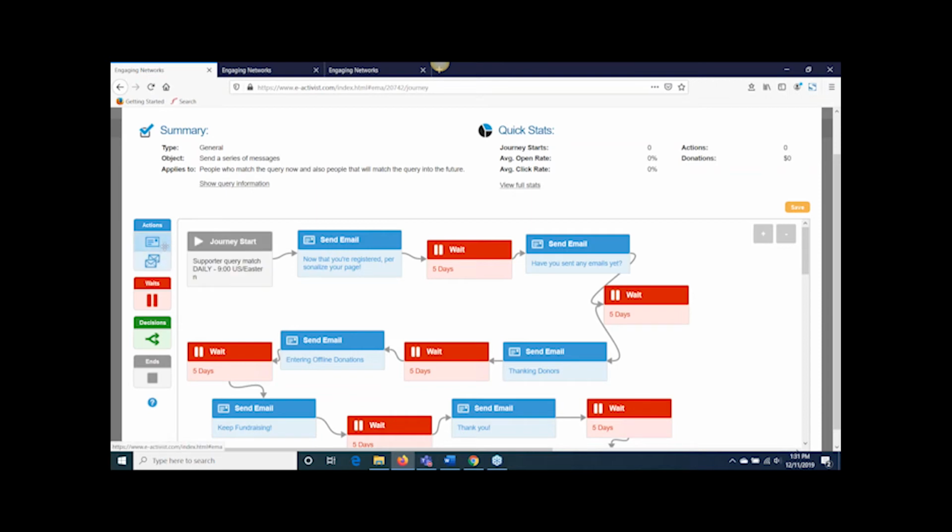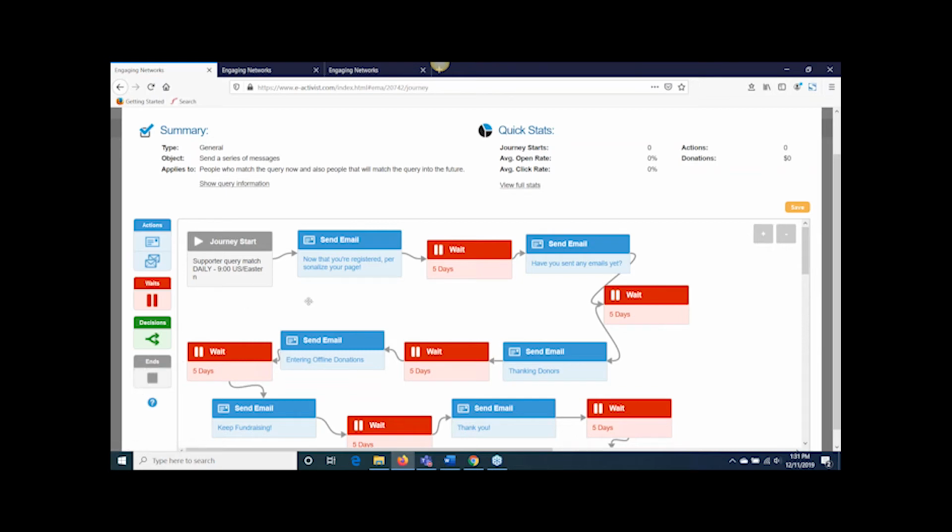And then we have actions, which is typically going to be send an email. We can also talk a little bit about sending split test emails a little bit down the road. We then have waits. So once we've sent the email, we want to define how much time passes before we take our next step, right? There are also decisions, which we'll get into a little bit later, and then we have ends, right, which are